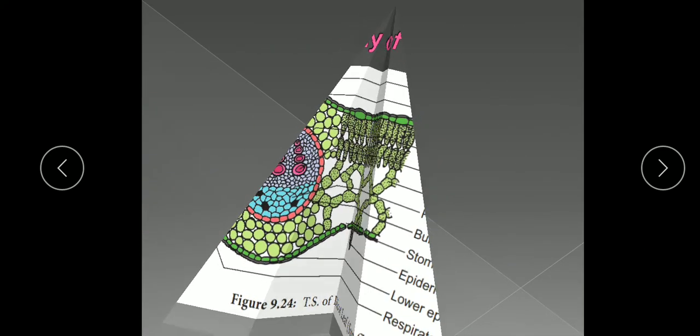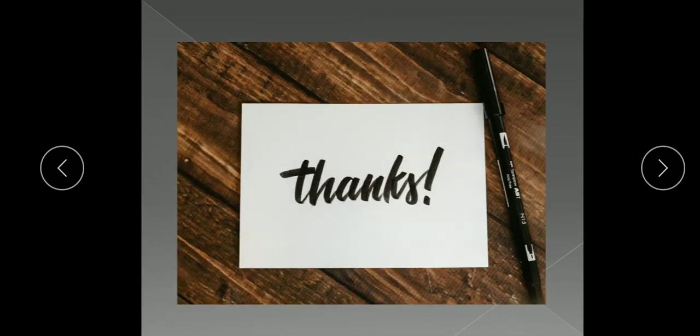Now you study it through your book also. And one more thing, children, practice the diagrams. With the help of that you are able to learn the different layers of these tissues in the root, stem and leaf, as well as the differences also. The differences between root and stem, the differences between stem and leaf, or the differences between monocot and dicot root, monocot and dicot stem and monocot and dicot leaf also. This is the important practical part also in your syllabus.